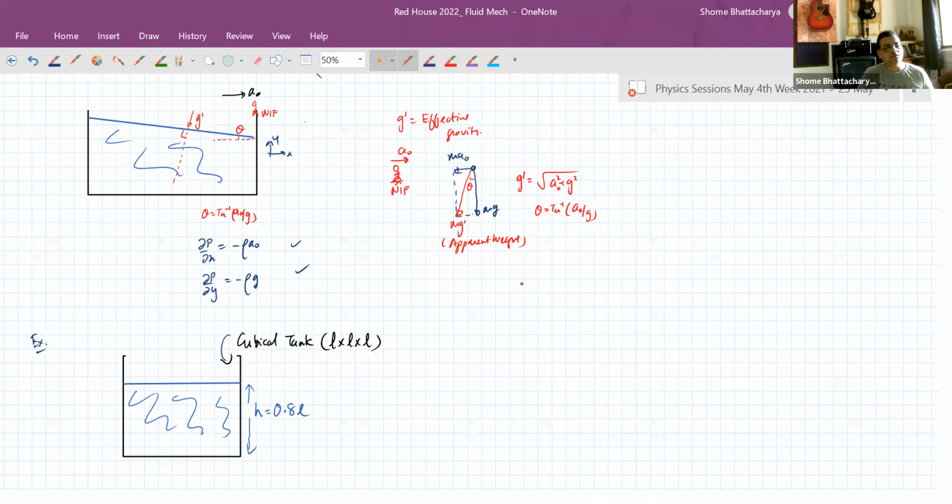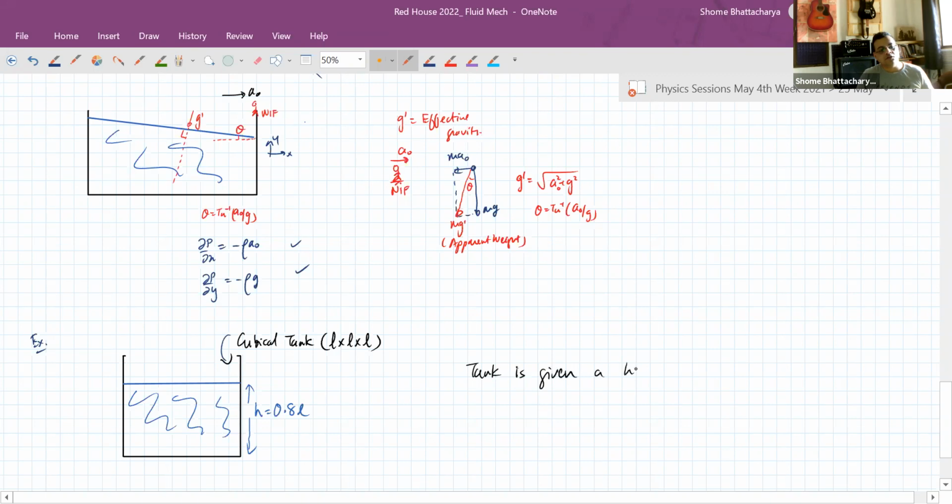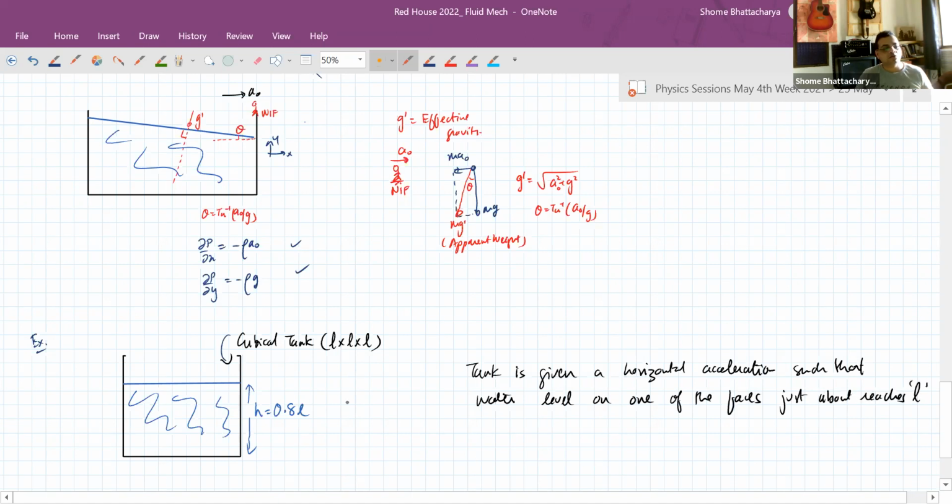Now, the tank is given a horizontal acceleration such that the water level on one of the faces just about reaches L. So the water level on one of the faces just about reaches the side length of the tank itself. Okay. So we have to find the horizontal acceleration